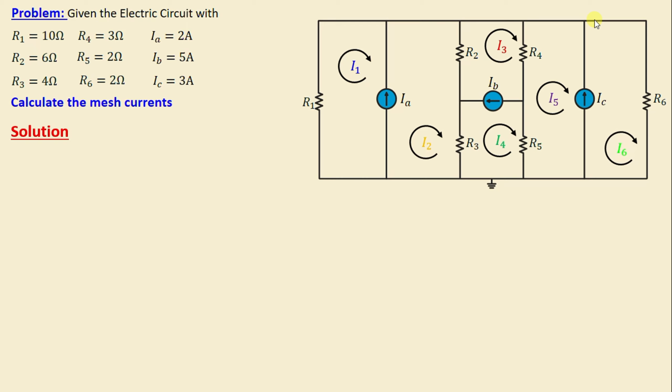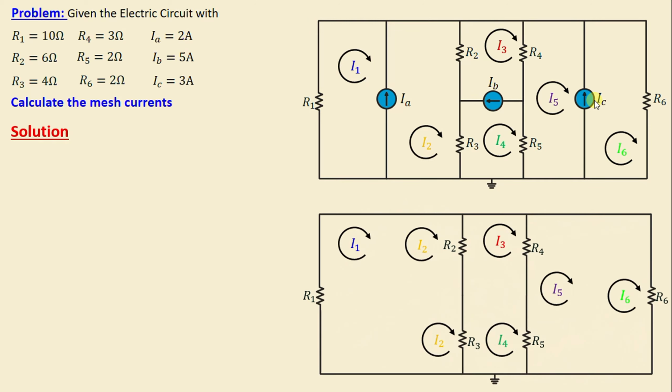After we finish the assignment of the mesh currents, we need to remove the 3 branches containing the current sources IA, IB, and IC. We obtain our 3 supermeshes. This is Supermesh 1, Supermesh 2, and Supermesh 3. Let's start first by applying KVL in Supermesh 1. We can write